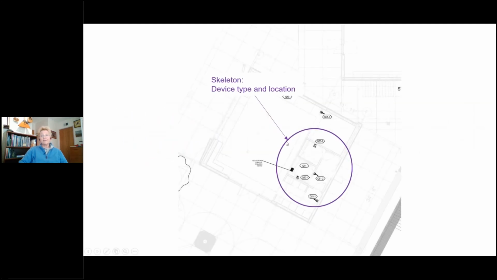Again, going back to the device type and location, I can see those devices here on the wall, where they're located. I can identify them for the architect so they know exactly where all of these switches are located, and we can coordinate that to make sure that I don't have something else interrupting that location. Sometimes as a matter of fact, since I did the presentation, the engineers came back and said, well, we need to have wall space here for some panel or whatever. And so sometimes you might have to move that device in case you have to coordinate that with other equipment. So it's always good to show this equipment on the plan.